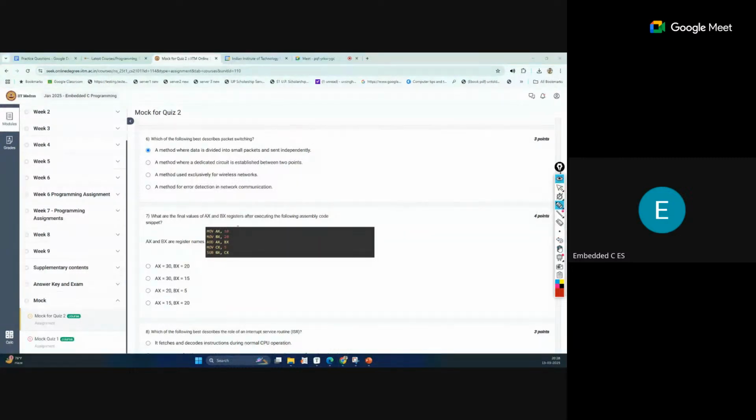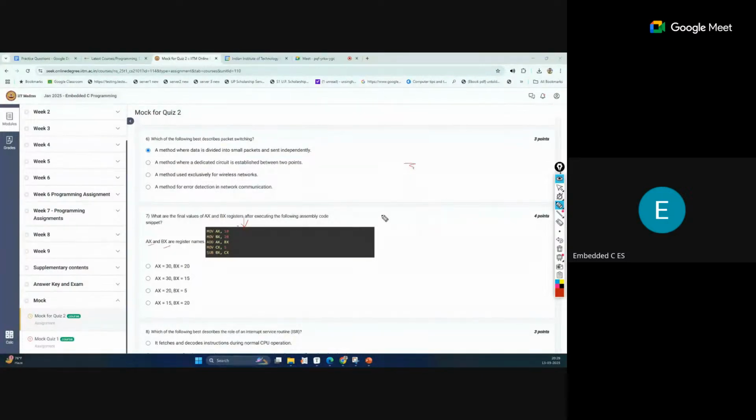So you can see this assembly. This is an assembly code. I think we have also discussed this assembly code a little bit in the C programming course. AX and BX are register names. So we will just follow step by step what is happening from top to bottom and what value will come into the final AX and BX.